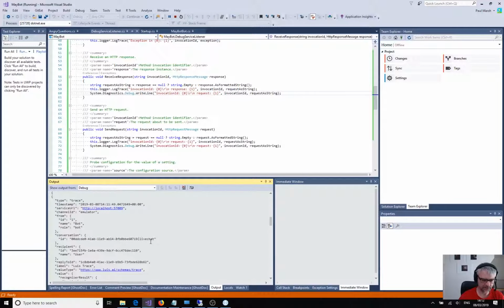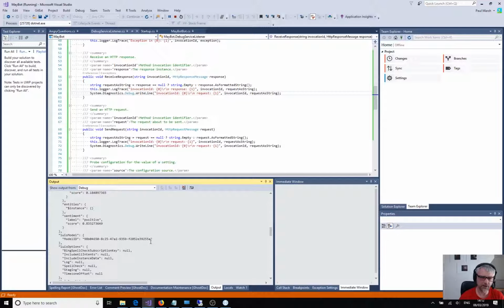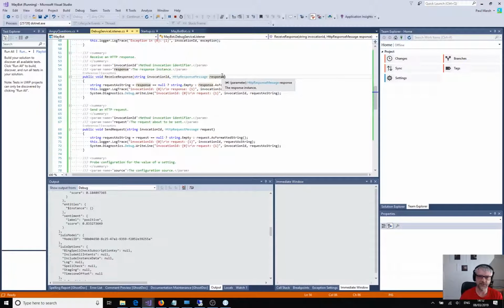So that's all great. But as I said before, you can probably do this when you're debugging locally, or you could use some network sniffer like Fiddler or something to do this. But where this becomes really interesting is the fact that the bot framework itself is the thing that's creating these messages, poking these messages out. So we're in at a lower level. And another advantage over using something like Fiddler is that you can now